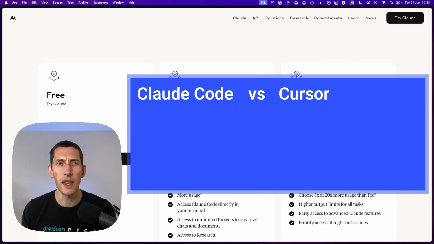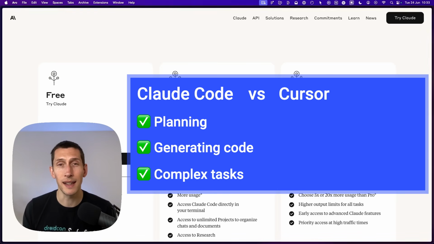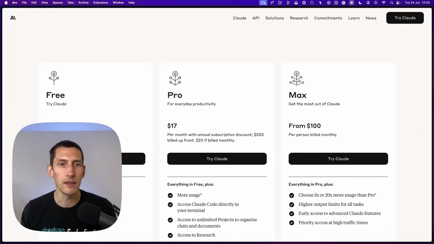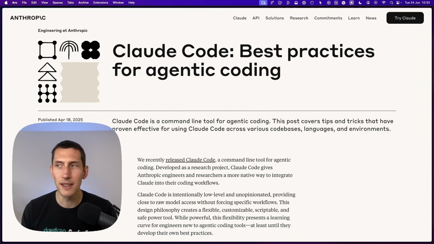Now, you may be thinking, what about Cursor? Should you still use it, or is it better to use Claude Code for everything? Well, as we have seen in this video, I've been using Claude Code for planning, generating code, and tackling complex tasks. With that said, I still find Cursor useful for tab auto-completion and for making small inline changes. So at the moment, I'm still paying for both tools, and this way I can use them both to my advantage. On a final note, I'd like to say that in this video, we have only scratched the surface of what Claude Code can do,